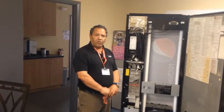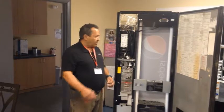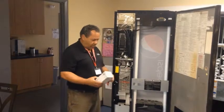Today we're going to show you how to clean your bill acceptor. First of all, you need to unplug your machine. And then you remove the bill box like so,